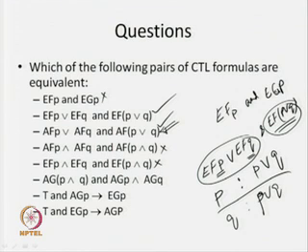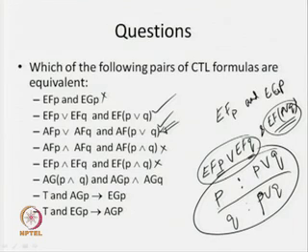Okay. Now, the next formula you see is A g p and q, and A g p and A g q. Now, you try it yourself and see whether these two are equivalent or not. In a similar way, if you are going to say that these are equivalent, then logically you have to establish it. You can use any properties, the way I have used the property over here, that if p is true, then p or q must be true. If q is true, then p or q must be true. Like that, you look for some of those particular properties and try to establish if they are equivalent.